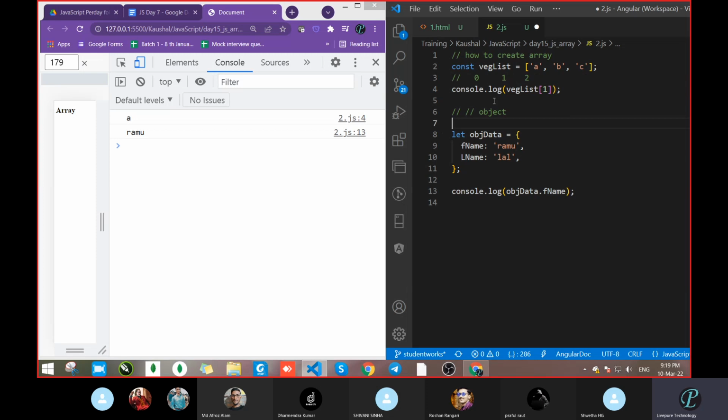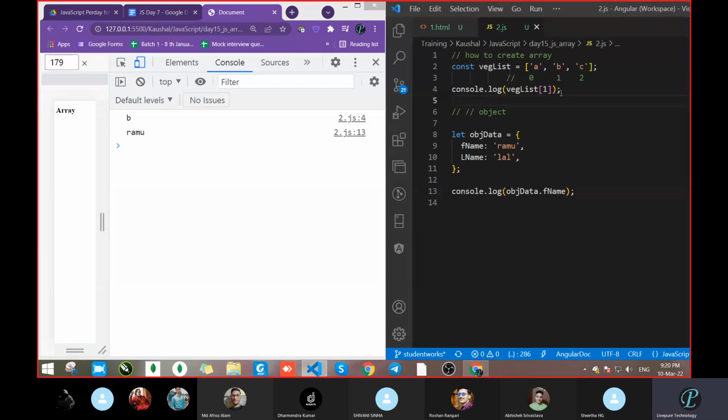Now check whether we are getting output. So we got the B. So this way we can access the data from the array. Got it? Clear or not? Now tell me how to get the last data.